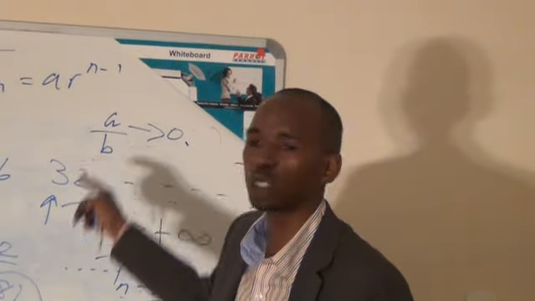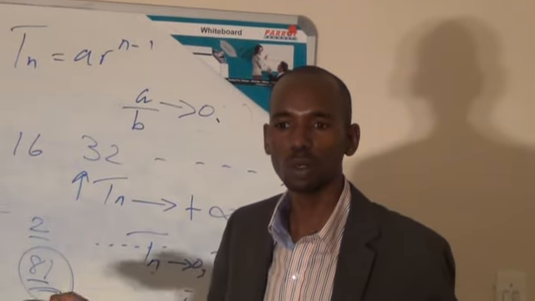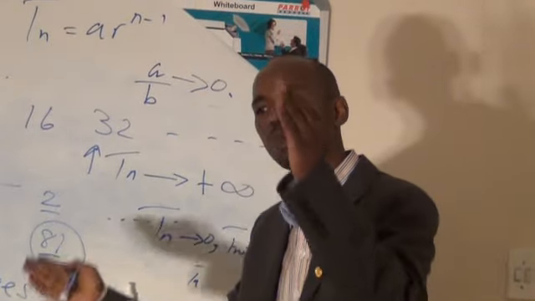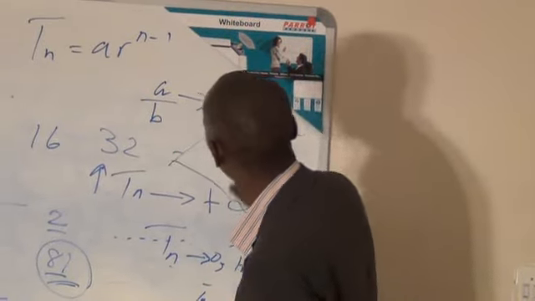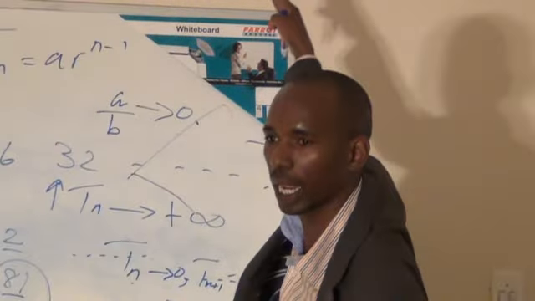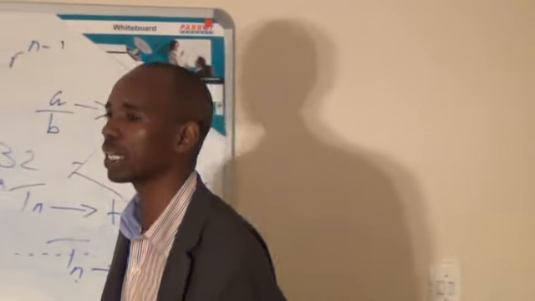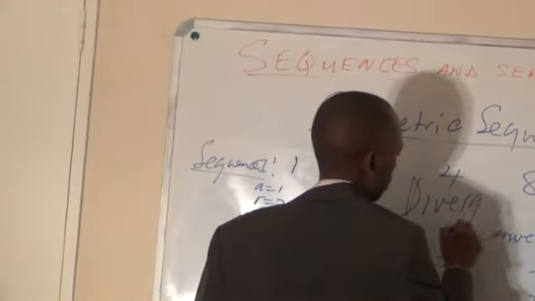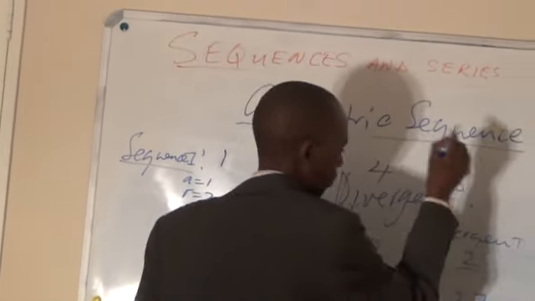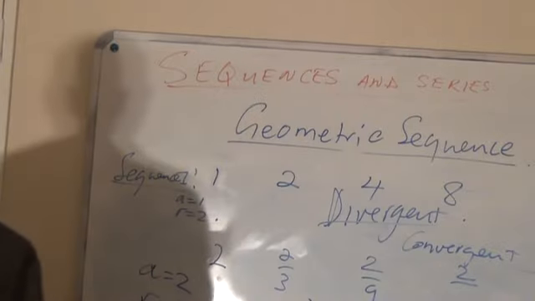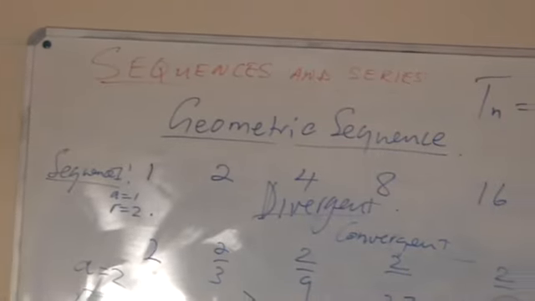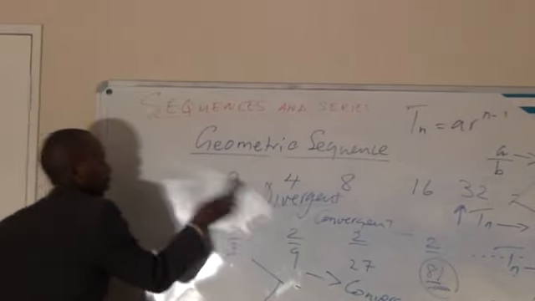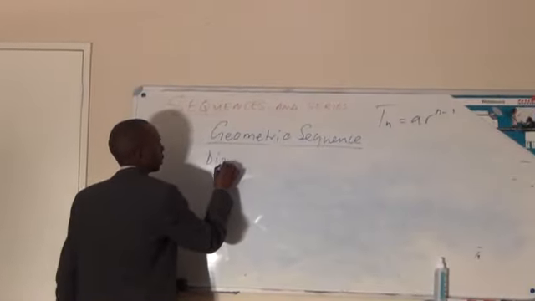The next thing I still have to multiply that 1 billion by 2. The next thing I have to multiply that again by 2, and continue becoming bigger and bigger and bigger. We say that such a sequence is divergent. Divergence,